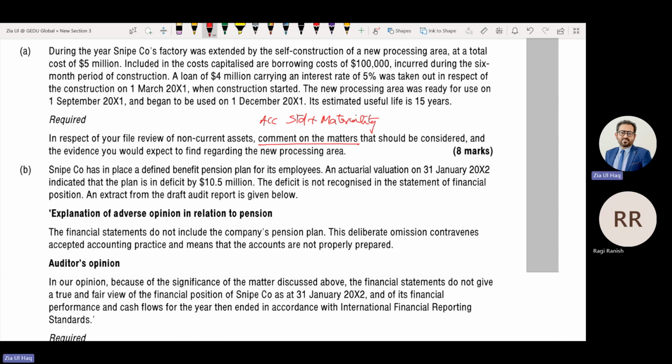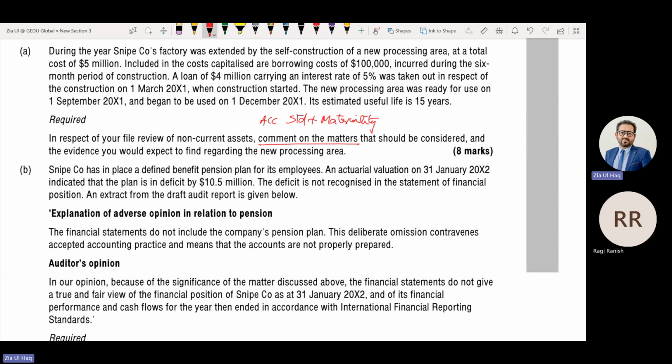There is some information in the scenario. There is some issue in the scenario relating to financial statements. So we need to discuss the accounting standard in this particular situation. What accounting standard will apply, what it says, what the company is doing, as well as the materiality.